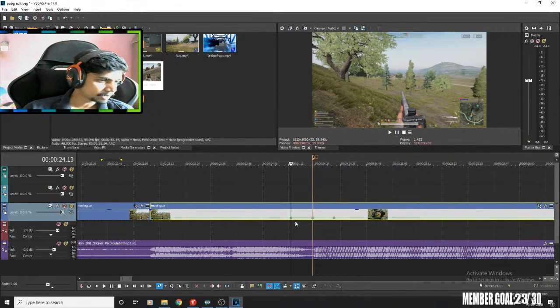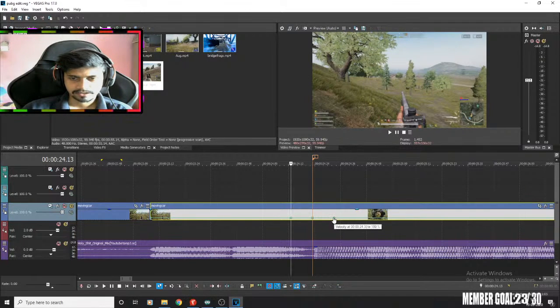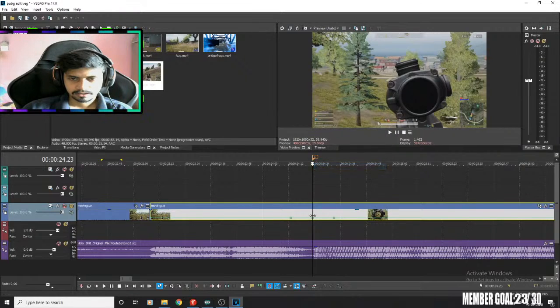Now this is what I am talking about. In After Effects, you can do graphs over this point. In Vegas, you don't have the graphs option. We only have fades. So I like to do it this way: slow fade, and the middle one on fast fade. So if I just